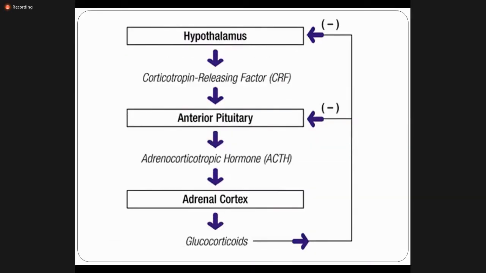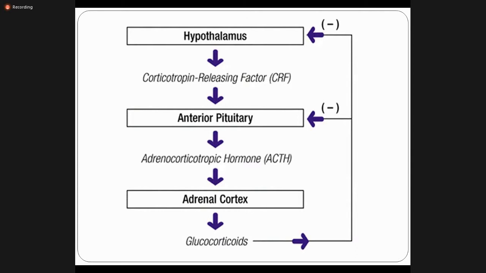And this is a very important slide. There is a feedback mechanism: if anything increases the secretion, it controls its further secretion. The hypothalamus is responsible for releasing corticotropin releasing factor, also called CRF, and this ultimately stimulates the anterior pituitary gland, right? The anterior pituitary gland has adrenocorticotropic hormone, which is stimulated, and it acts on the adrenal cortex and releases